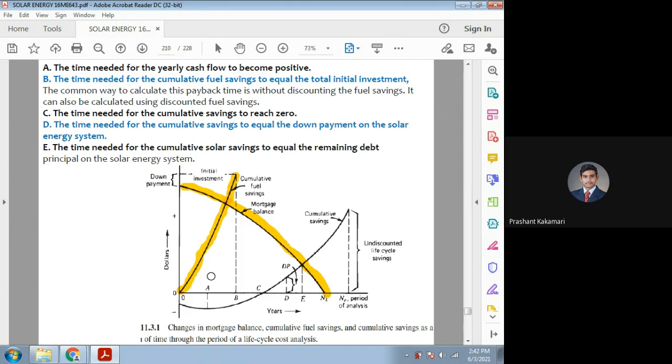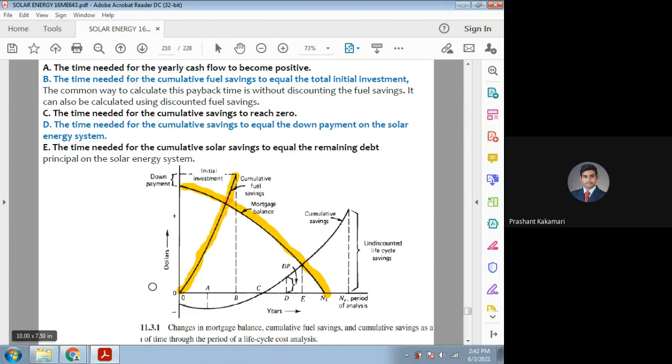So say for example, for any system you set up, if it is a high cost system, initially we take a loan, or you can say a mortgage. By keeping some property or some surety, we are taking some loan for a given solar system or any given